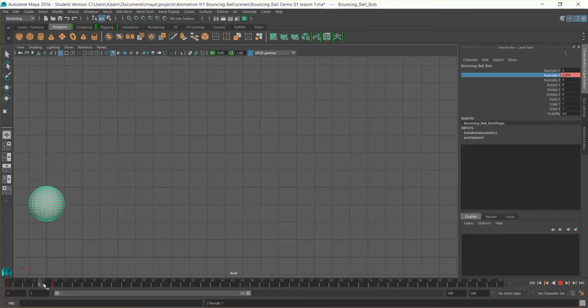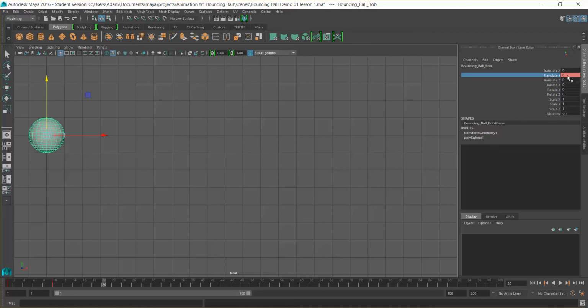So as we go through, we can see that drop happen. So our first bounce down is going to 0, and as it goes back up, I'm going to take it back to 10 frames again. I'm going to take it back up, but I don't want it to go to 8 again, because obviously with bounces and energy and forces, over time the ball will lose its momentum and its power and its energy, and so we want to simulate that bounce wearing out and losing power and losing strength before gravity finally wins and keeps it on the ground. So I'm going to take this to 6,